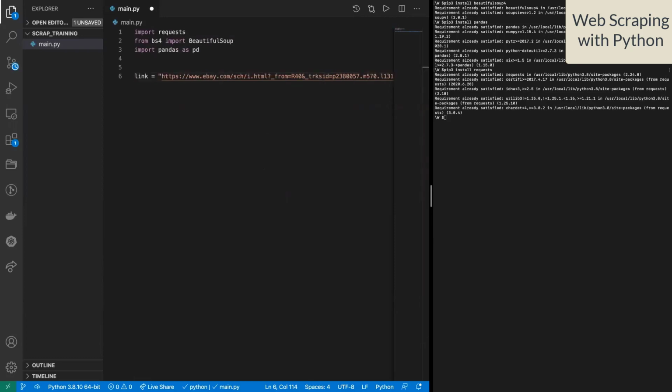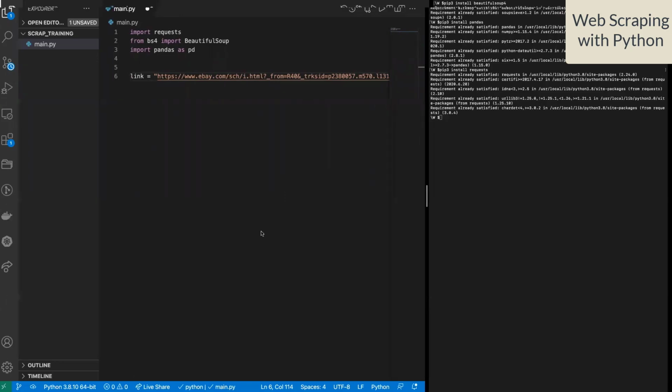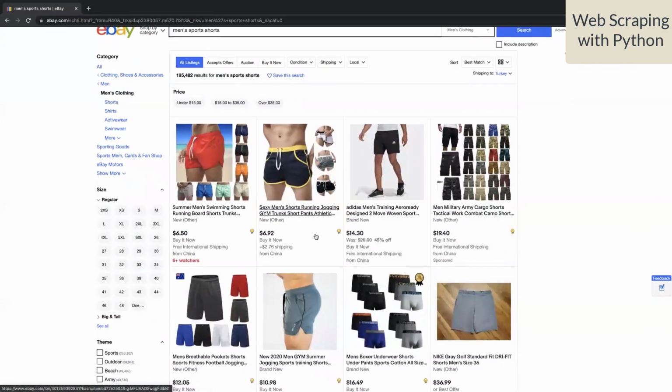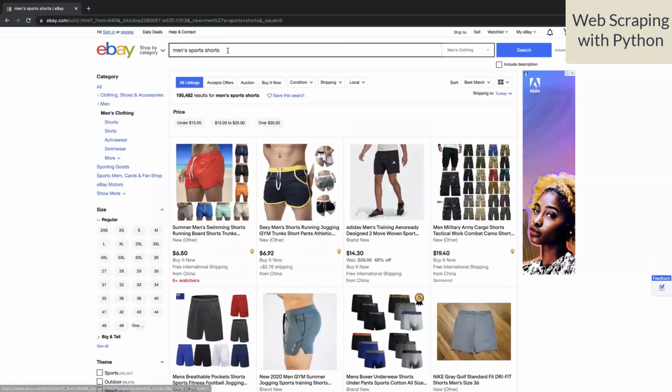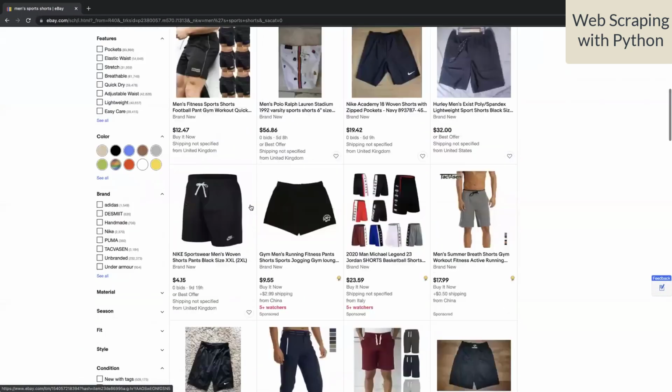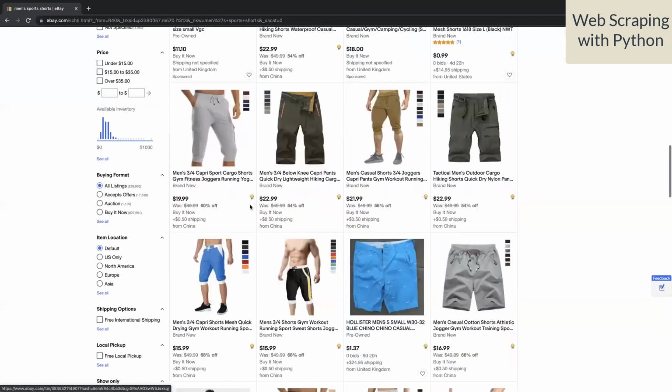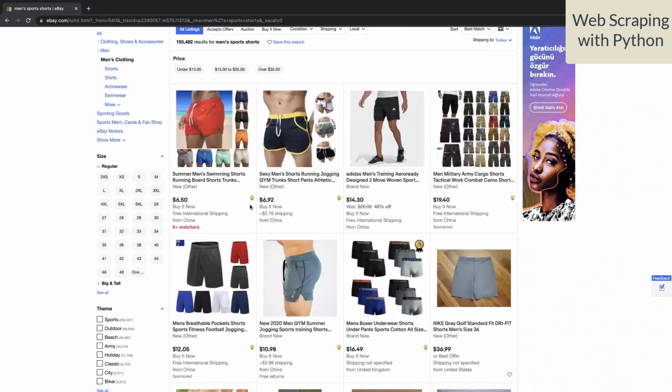Okay, let me actually open that website in front of you and show it to you as well. Okay, here it is. It's a basic eBay site where the men's sports shorts keyword was searched, and these are the results that come up. This could have been whatever. This could have been a social media website, news website, another e-commerce website. The important thing here is that if you click